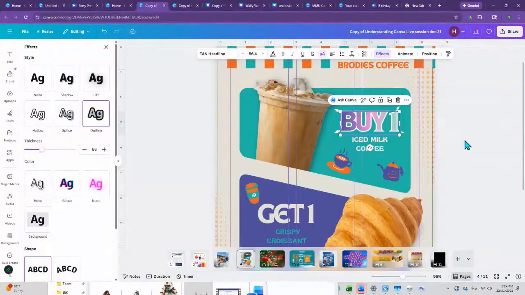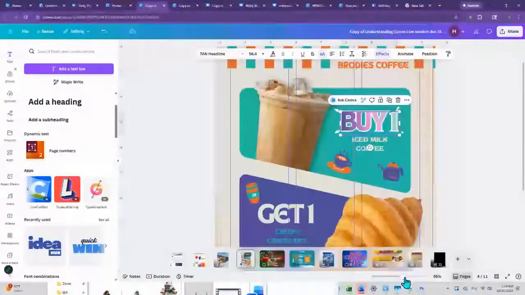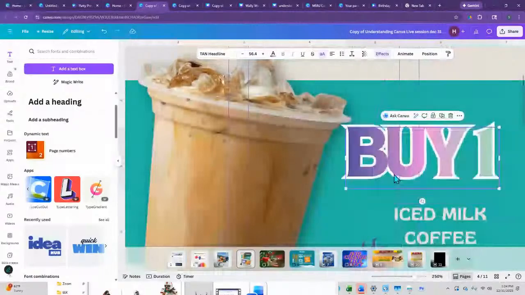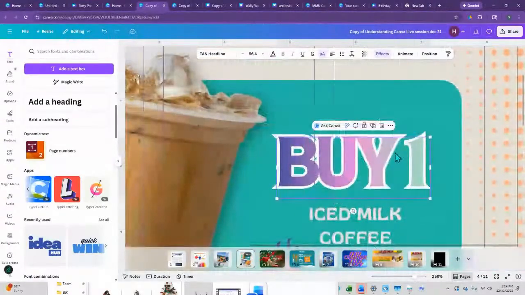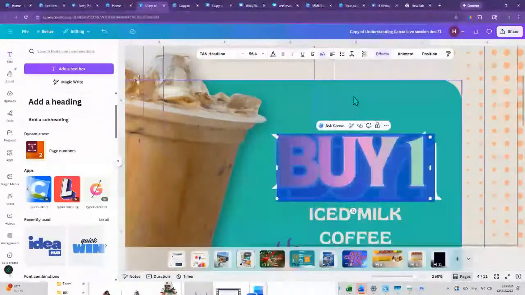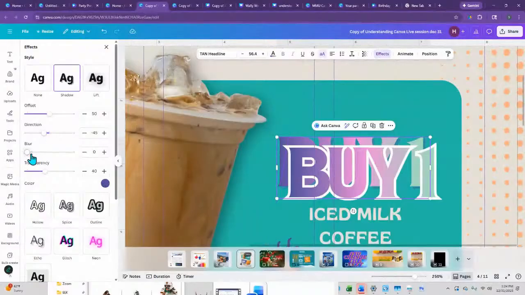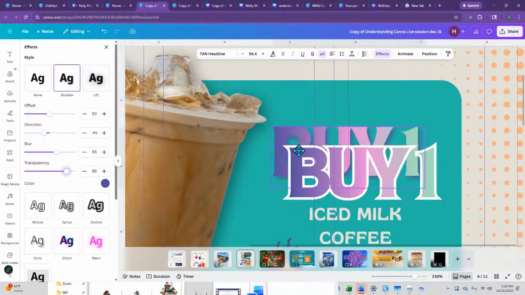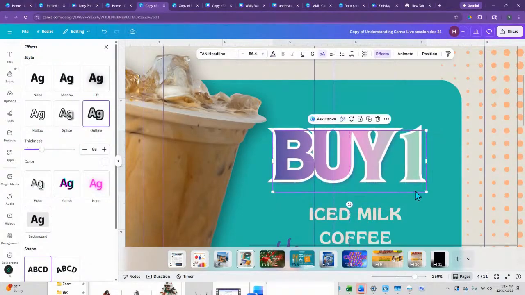Now, this one does this little weird thing. It had this weird part on the end, but I guess as I zoomed in, it's not there. So that's good. So if I want to have a shadow on this, I need to duplicate this text. I'm going to click on the one in the back, go back to effects. I'm going to go to shadow. I'll blur that out some, change the transparency on that, and then put this one on top so that I have